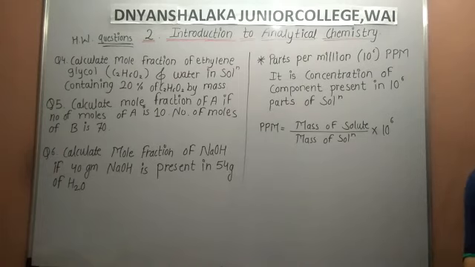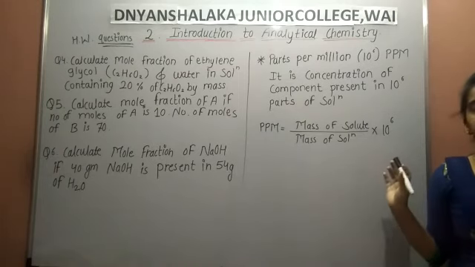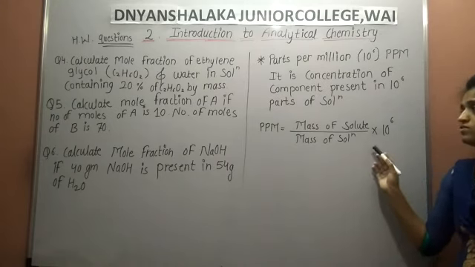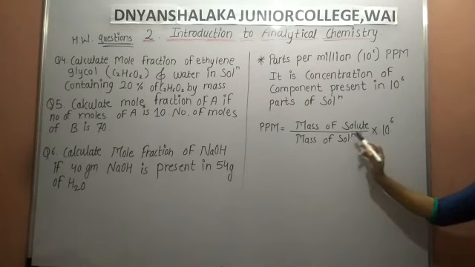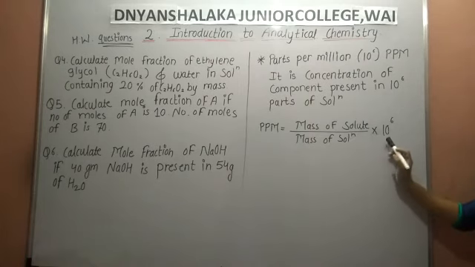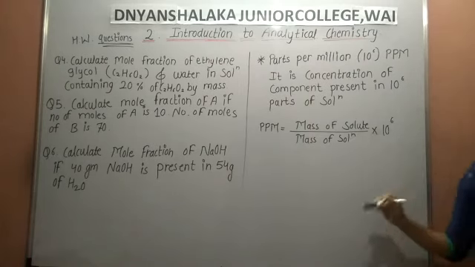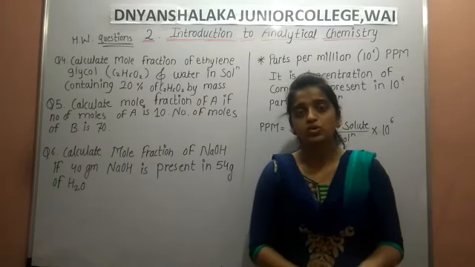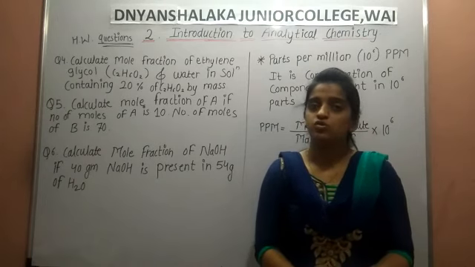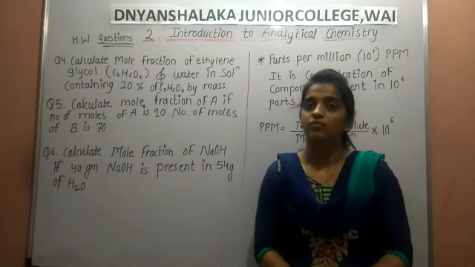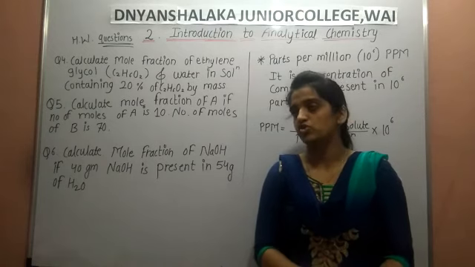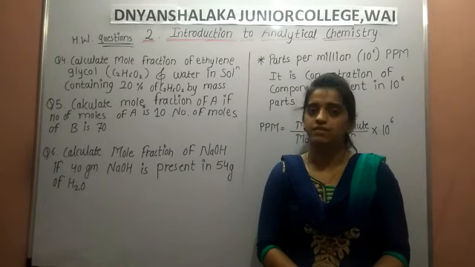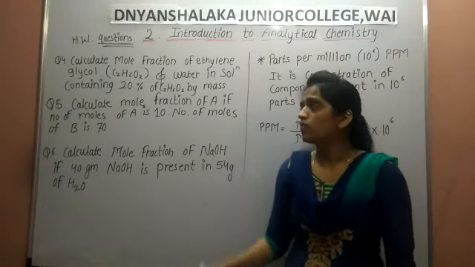This parts per million concept is asked in your entrance examination. So write down this formula: parts per million is equal to mass of solute upon mass of solution, times 10 raised to 6. I hope you understand all this concept of concentration of solution. Second point, mole fraction: using the first three formulae, the mole fraction of A component plus the mole fraction of B component is always equal to 1. So we solve different types of examples.